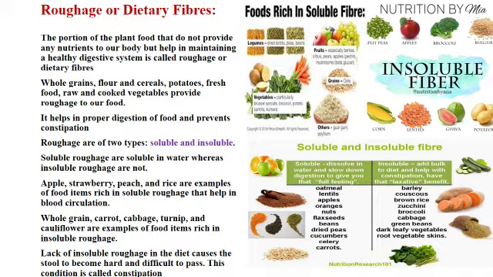So lack of these means if you eat less of insoluble roughage, which leads to the stool to become hard and difficult to pass, and this condition is called as constipation. Children, you have understood how much all other nutrients like carbohydrates, proteins, fats, vitamins, minerals, water, how much they are important to us. Similarly, even roughage is also very much important. And I think you have understood from where all the sources of roughage we get to our body.